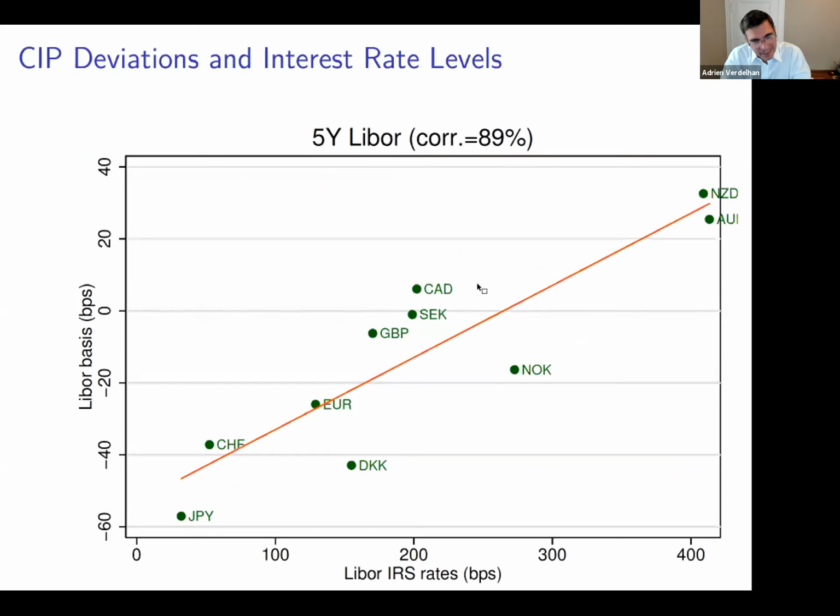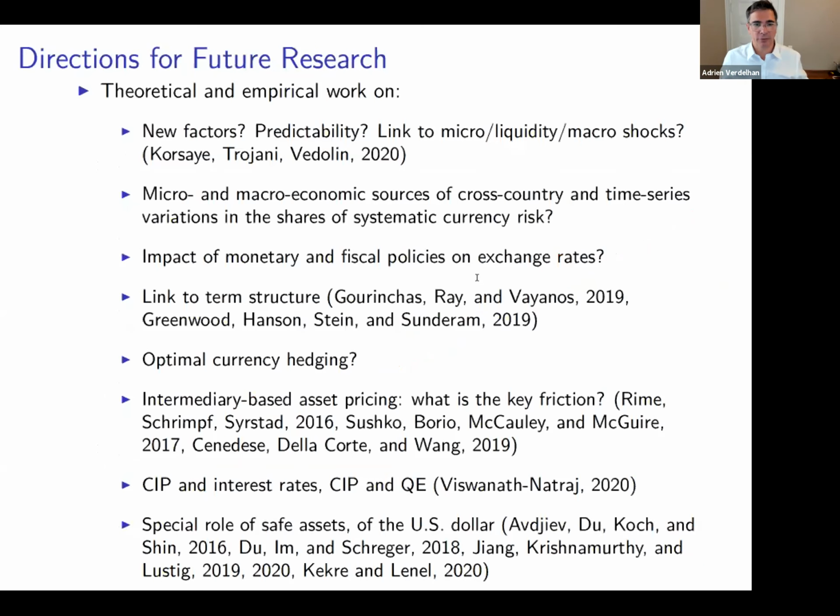These are the CIP deviations on average, in a very long sample, but sorted on the level of short-term interest rates in different countries. And what you see is that the CIP deviations are negative for low interest rate countries and positive for high interest rate countries. And this cannot be random. When you have a graph like this, there is something deeper going on, and we need to understand that. And I don't pretend that I have the perfect story for that. So let me not even try.